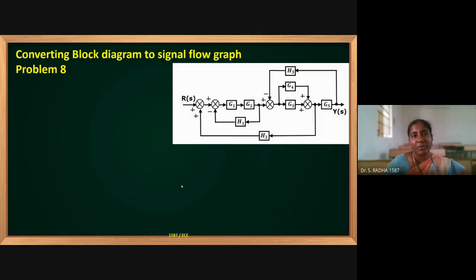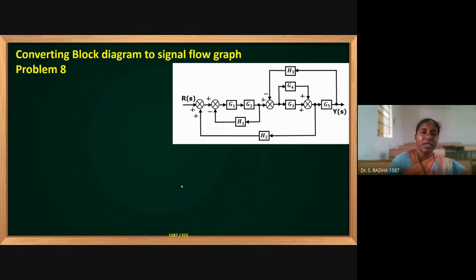We have done 14 or 15 problems in open loop, closed loop systems, mechanical systems, and electrical systems. We have done many problems. Next week block diagram will be started. We have done only 2 problems from the GATE exam in block diagram reduction. This is continuation, lecture number 8: converting block diagram to signal flow graph.